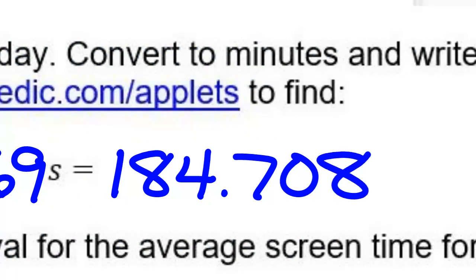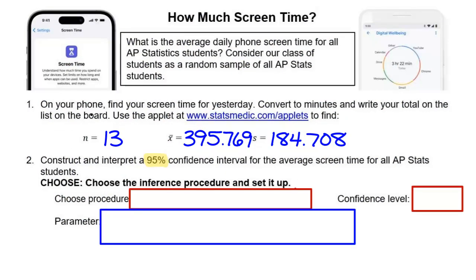Beautiful. All right. We are going to walk through the 4 C's using this data. Together, we're going to do the choose and check. And then I'm going to set you guys loose on your own to do the calculate and conclude. And then we'll come back together and check your work against mine. All right? So let's start with